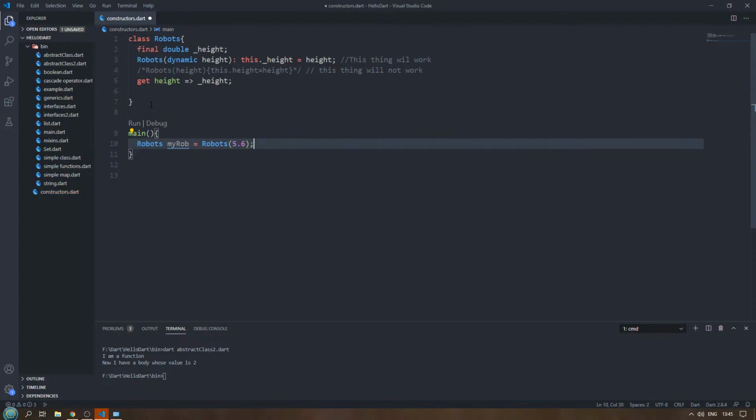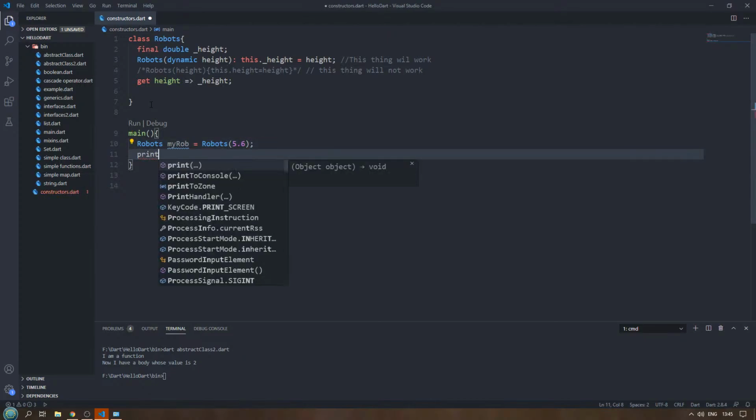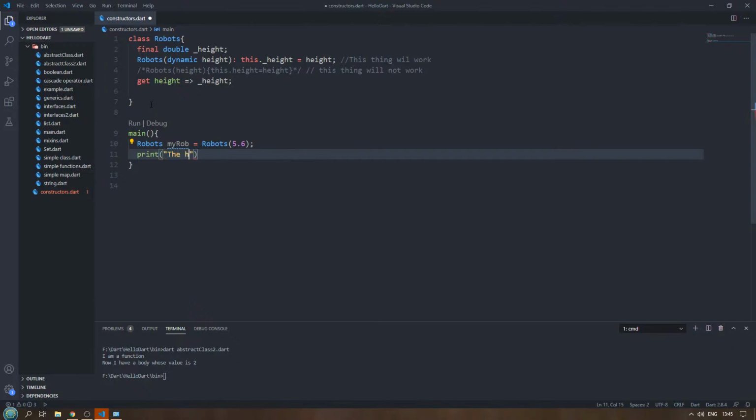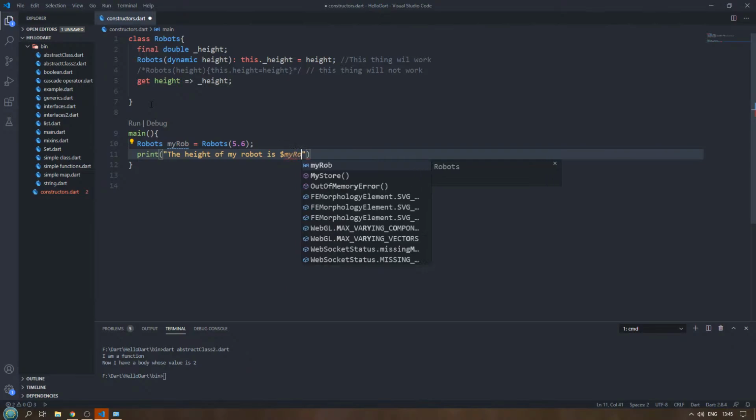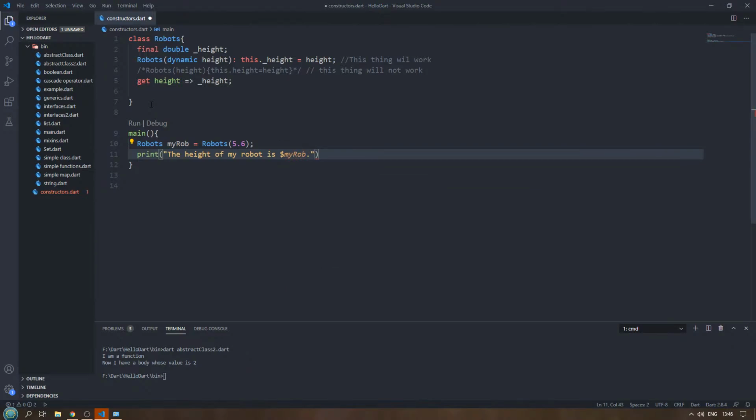Okay, and now if I want to print out the height of my robot, it is my rob dot height, and this is going to call the getter method actually, and will give us the height of rob. So we'll save this